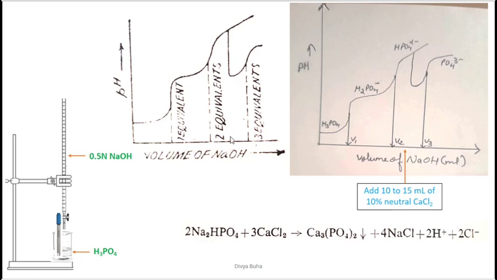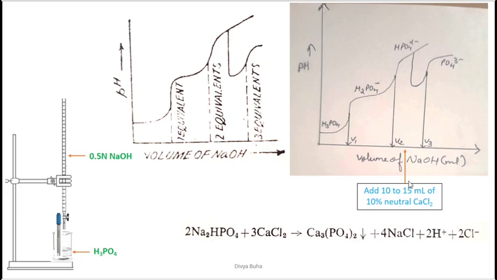Okay, so when you add neutral calcium chloride, the pH up till now would have reached over here, but when you add neutral calcium chloride, it would suddenly drop due to the formation of the H+ ions, which would be released from Na2HPO4. Okay, the pH would suddenly drop. Now keep on adding the NaOH solution. So again, the last proton will react with NaOH, right, and it would get titrated and the pH would again start increasing. So over here you can easily observe the pH break. Okay, this and this graph are one and the same thing.